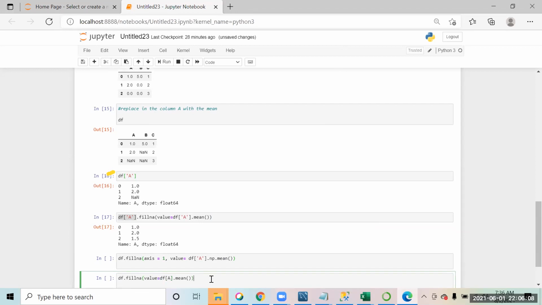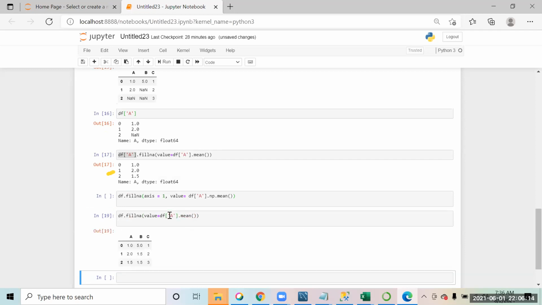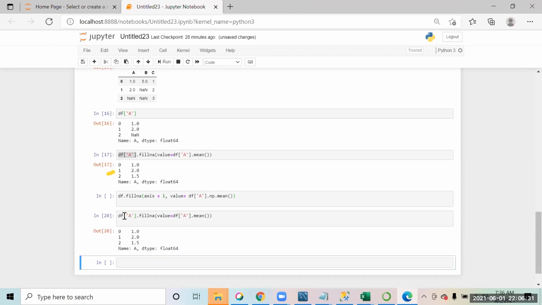We have DF as well, right? So if you now run, sorry, the quotes are missing, right? Now you get 1.5 everywhere. Wherever the value is missing, it took the average of column A and replaced it in the entire data frame. I just wanted it for column A, so I have to specify column A only for the output to be represented to me.